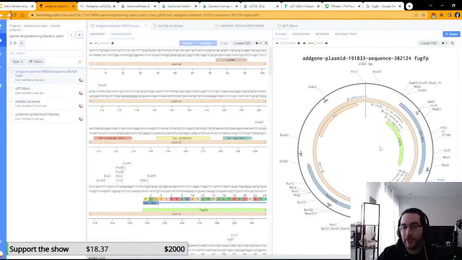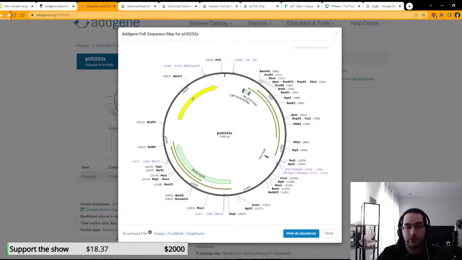Now, something I did in advance of the stream, because when I first imported it, unfortunately, if we look at Addgene, you'll see that there are these big arrows that mark known features. When they submitted this, they did what I call the cardinal sin of genetic engineering, which is they didn't annotate their code, and there's nothing more annoying than this. Always annotate your code. If it's not annotated, I can't use it, and therefore it's useless. But anyway,